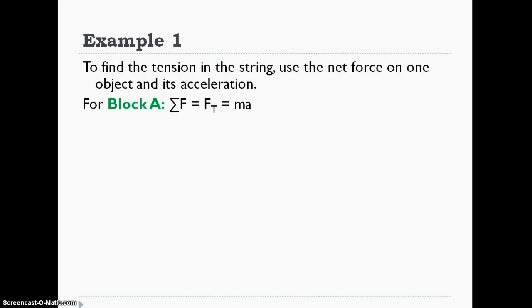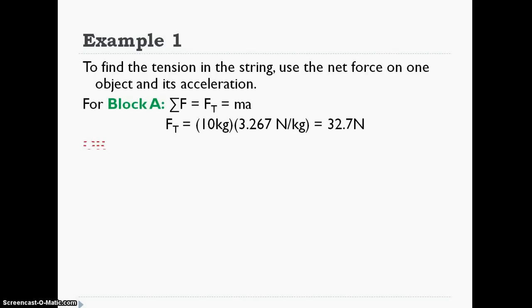The net force for block A is equal to the tension. That's the only thing there. If there were friction, you would subtract it from the tension and set that equal to MA. But in this case, no friction, so just the tension is the only thing accelerating block A. So I'm going to use the acceleration that I found in the previous part of the problem and do mass times acceleration. So I get a tension of 32.7 newtons. It's to the right, so it's positive.